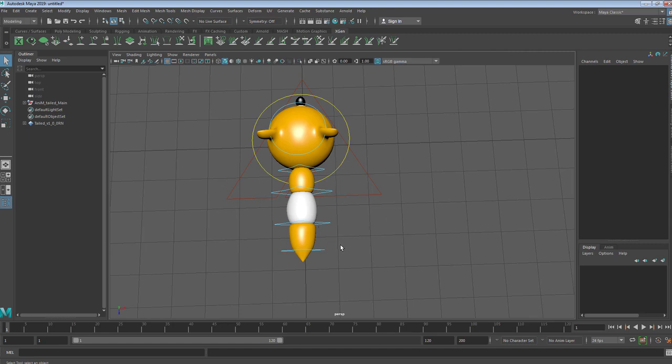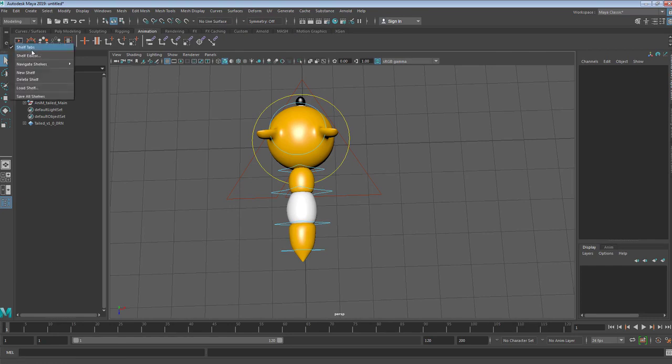tail. So what I need to do is I need to make an easy button to have all these different tail controls selected, so I don't have to hold down shift and go click, click, click, click all the way down his tail every single time I want to add a key to the tail. So what I'm going to do is I'm going to come over to my shelves. There's my animation shelf. So I'm going to come, and there's this little gear icon right here, and I'm going